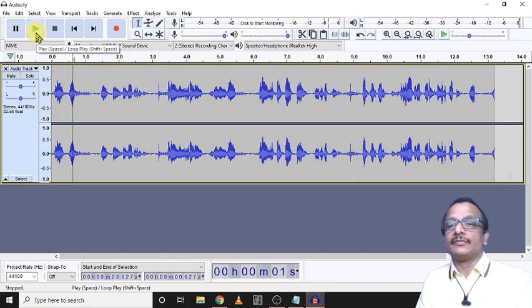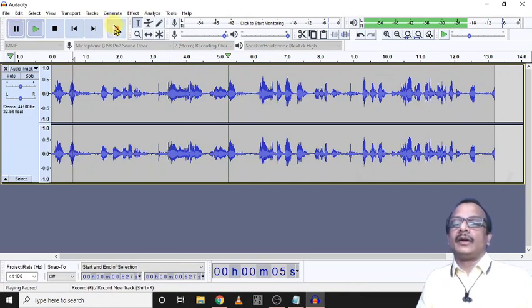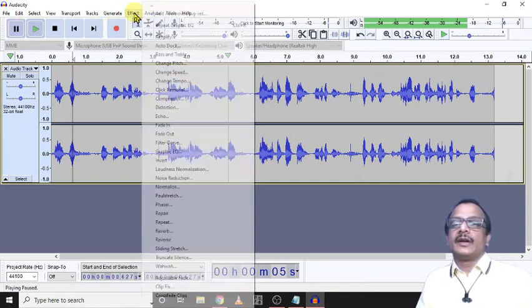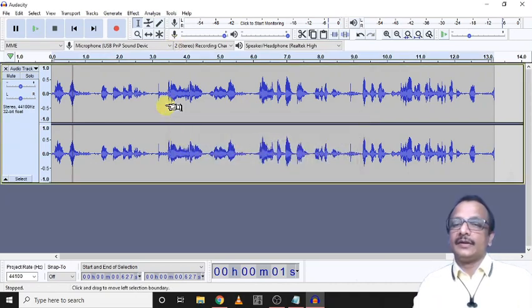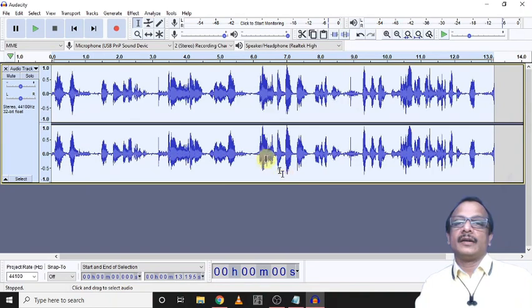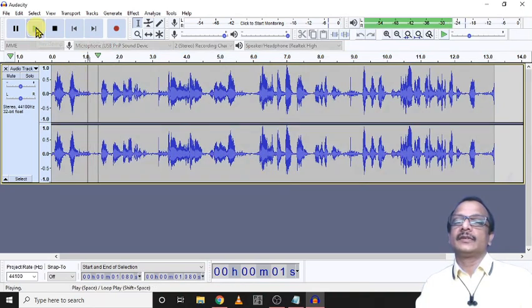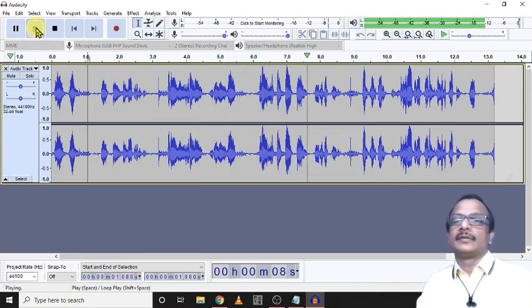Just we can listen first and talk to the microphone. It will usually follow. Now I feel a digital sound. Then make the amplification process again for the whole area. Select and give amplification. Now again more amplification is there. Talk to the microphone. It will usually follow a graphical pattern of recording. Yeah, now it is good.